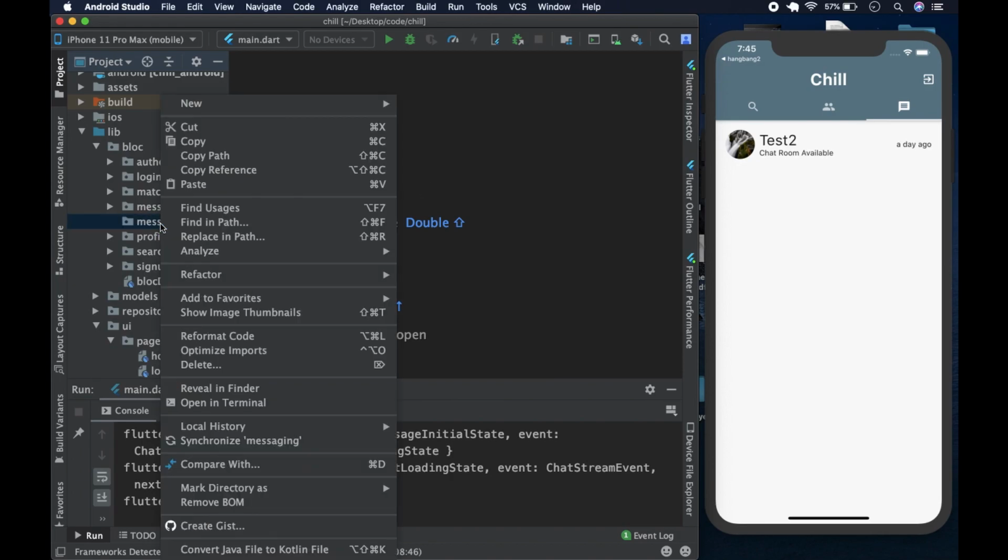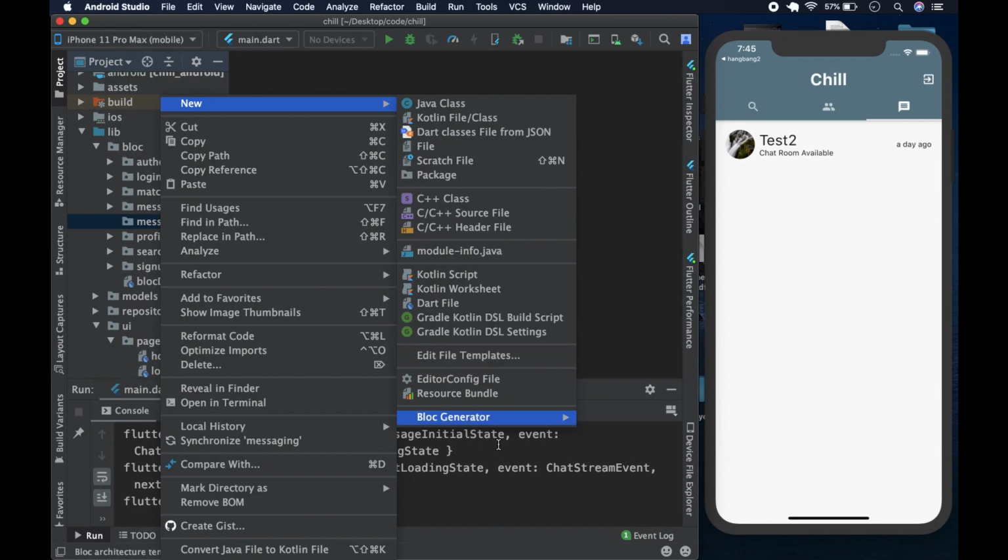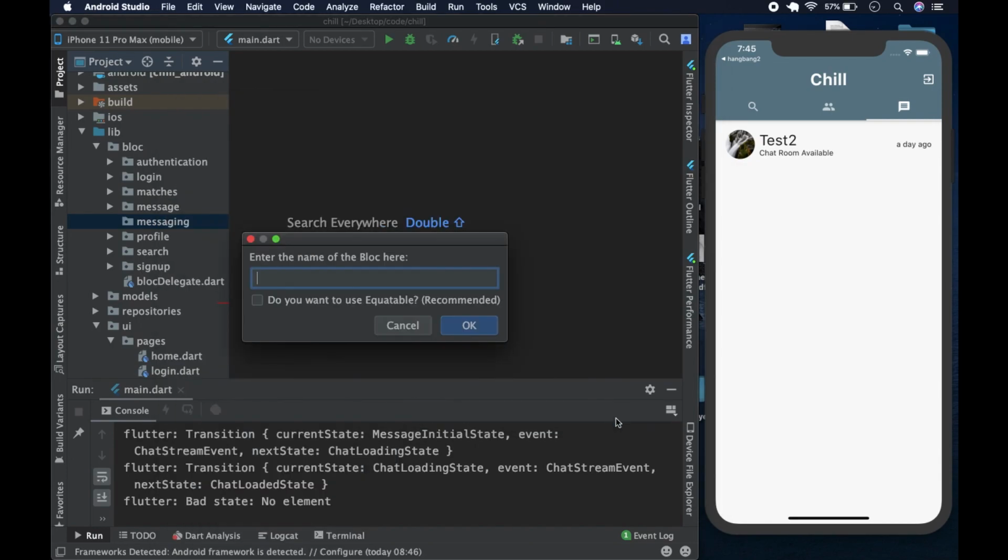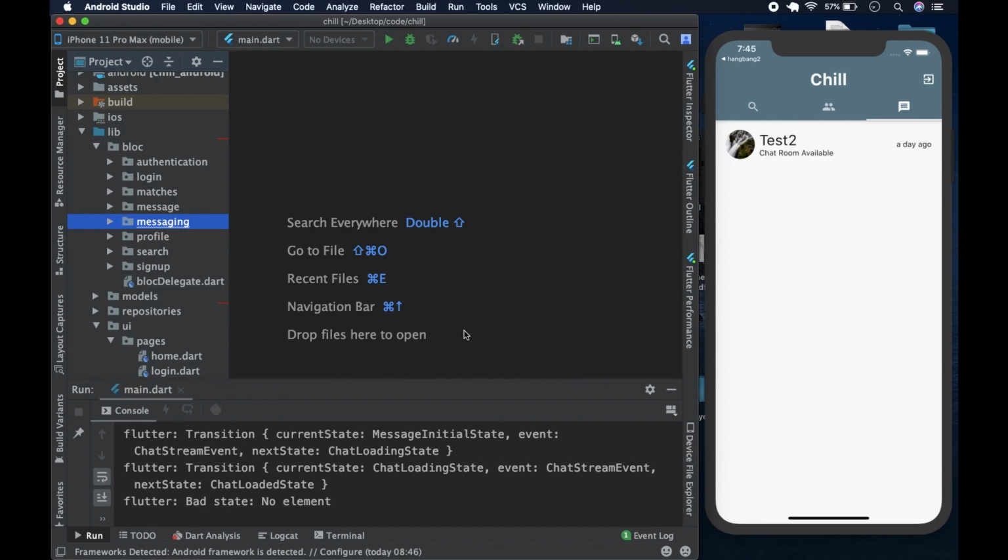And we come here, we right click, we create new, we go to the block generator and we create a new block, and this one is going to be called messaging, and we want to use equitable to allow us to compare without the additional code. Yeah, just compare instances of objects directly, like so.